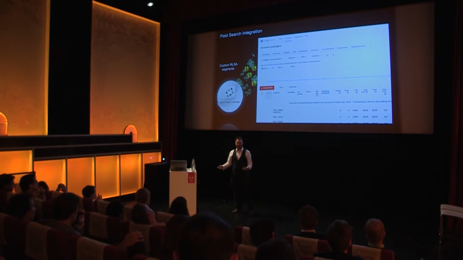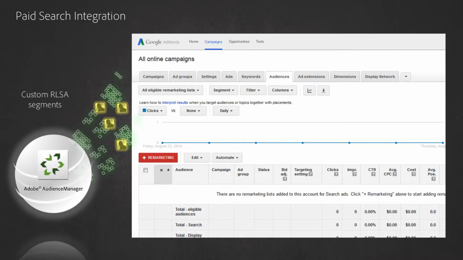There's this feeling I get about them right now that I have only felt once before, and it was about 2 years ago when PLAs first came out. So PLAs, those product listing ads, where we suddenly went from the boring 10 blue links to actually having thumbnails and details about the products that we're buying on search. It blew my mind. I loved it. And for a while it was free, and for a while people made a pile of money if they were early movers. And then of course it went to a paid model, and now it's very, very competitive. We are in that same place right now, but only for a little bit longer with RLSAs.